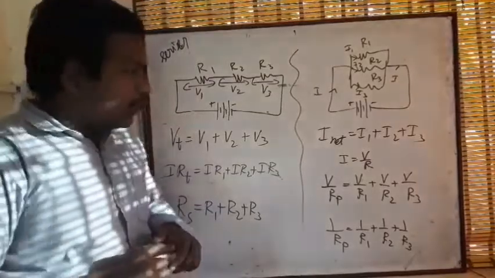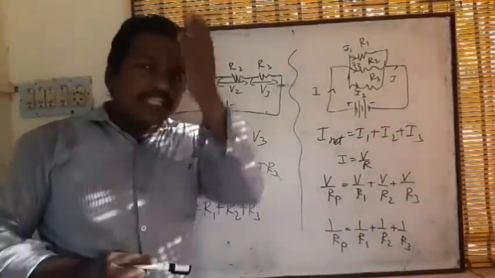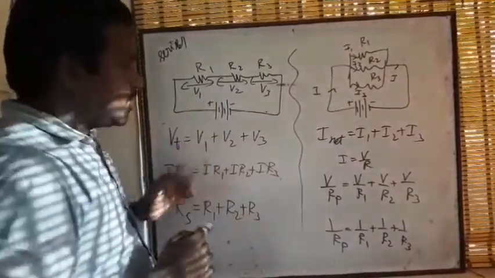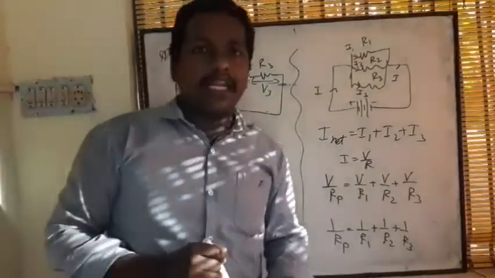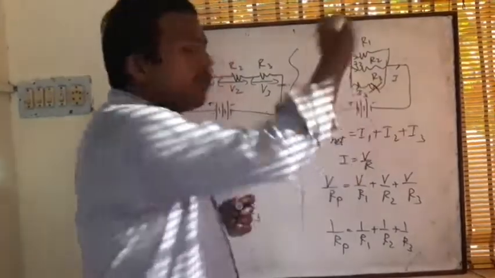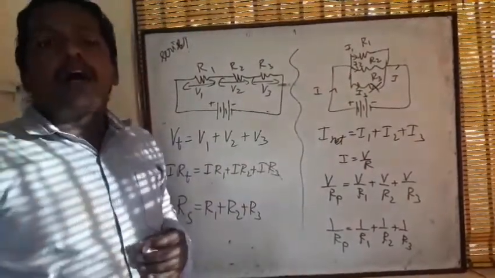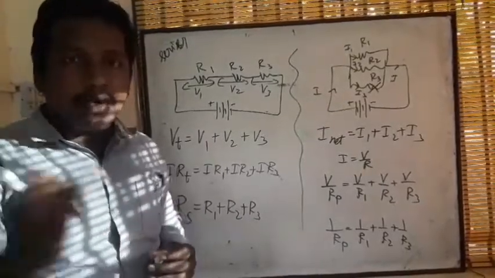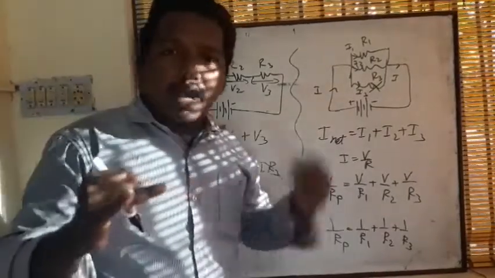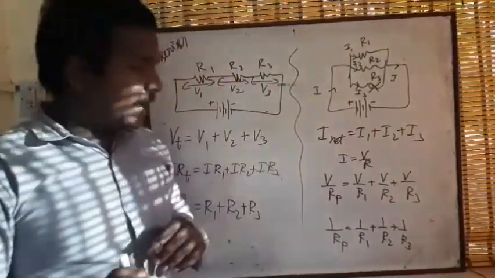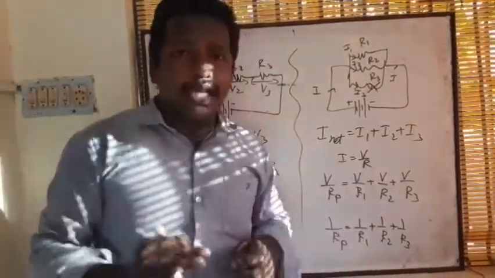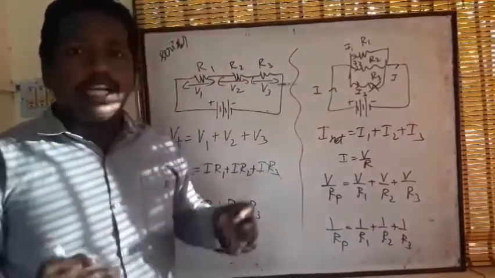I want to tell you, when the resistance is in parallel, the resistance will be less. That is the reason the parallel connection has more advantage than the series connection. The advantages of parallel connection: the voltage will be constant, and if one device is spoiled, the others will still work properly. And its resistance will be less. These are the 3 advantages of the parallel connection.